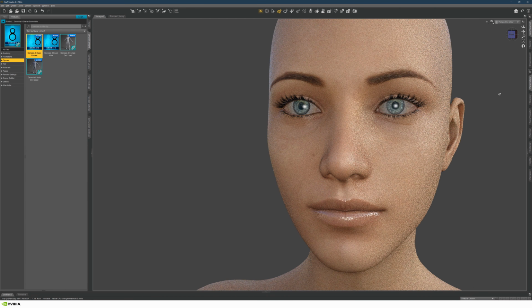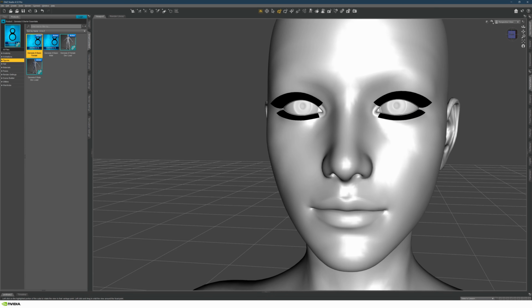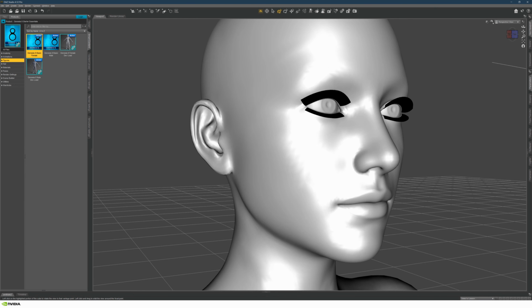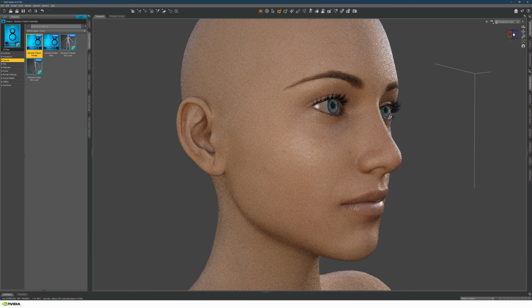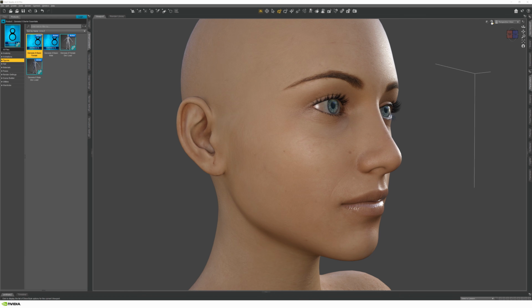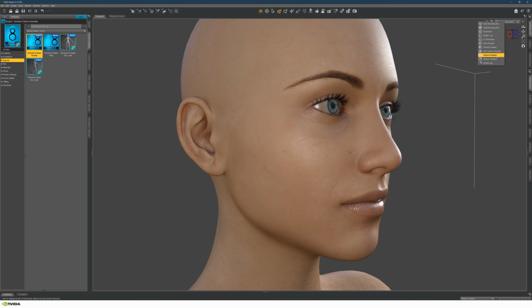So what I was surprised by, loading these models into Iray within DAZ, is how well they respond to light already, and how much detail you actually get out of those models. So I will go over that a little bit later, but I'm really impressed by it, you get that stuff for free. Why not take advantage of that? So let's turn off the Iray preview now